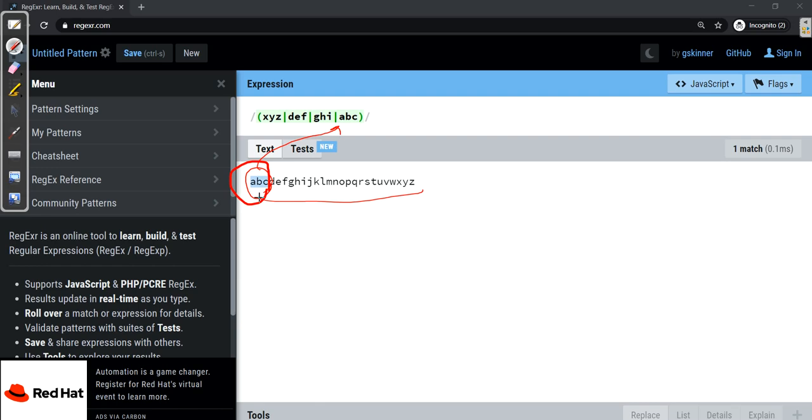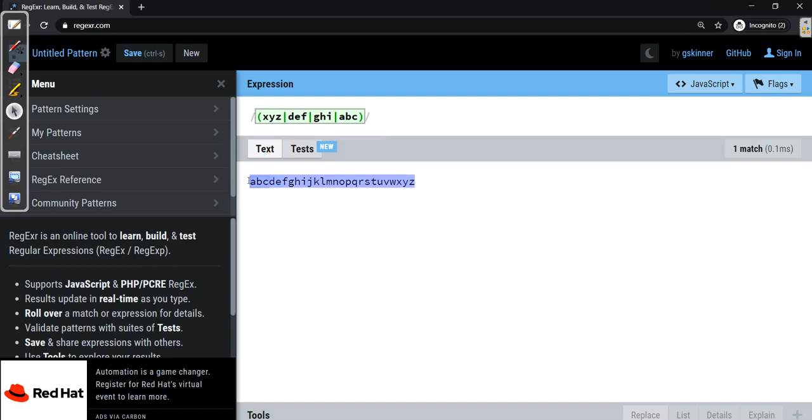And remember, this is not just a simple line. It might be a 200 page document that we are scanning over here. So it's not going to look throughout the whole document for that first choice. It's going to start at the beginning of the document and see if it finds a pattern that matches one of those, and will return it as it is. This shows how efficiently regex works.